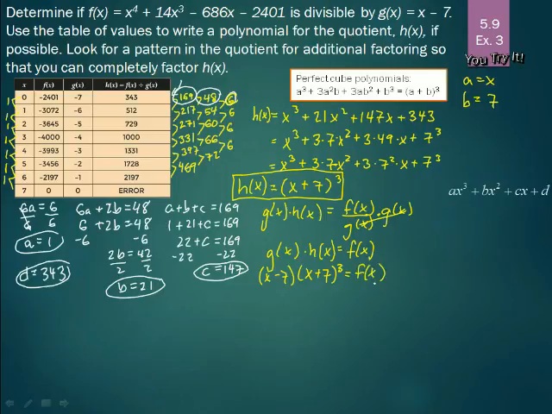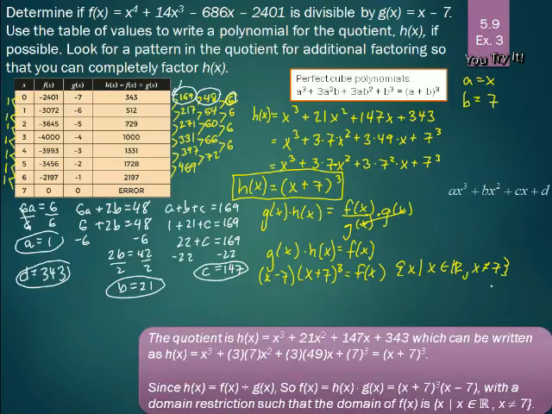And so using that then, since f of x factors to x minus 7 times x plus 7 cubed, if we divide by x minus 7, we do get our h of x, and those are clean factors, and so it is divisible. And note that that's with a restriction that x cannot equal 7, as we saw in the table. And so for the set of x's, x is in the real number set, and x is not equal to 7. And so let's go ahead and summarize our answer. The quotient is h of x equals x cubed plus 21x squared plus 147x plus 343,